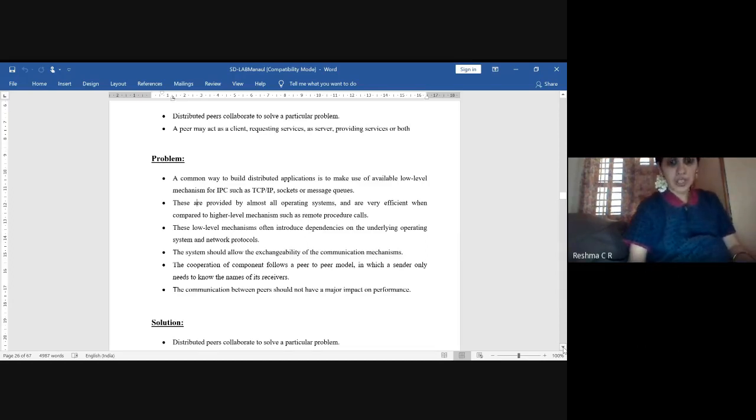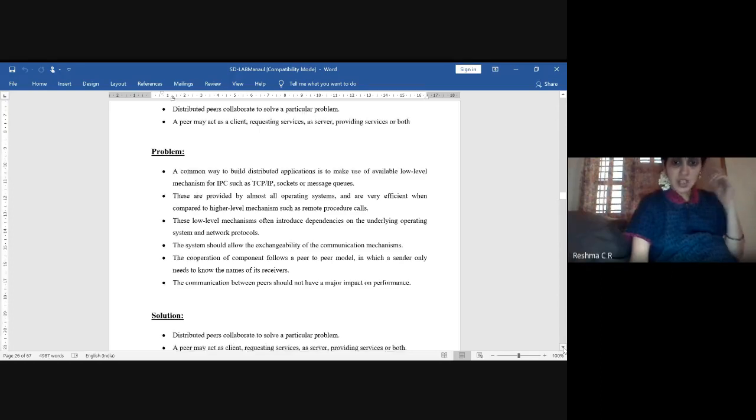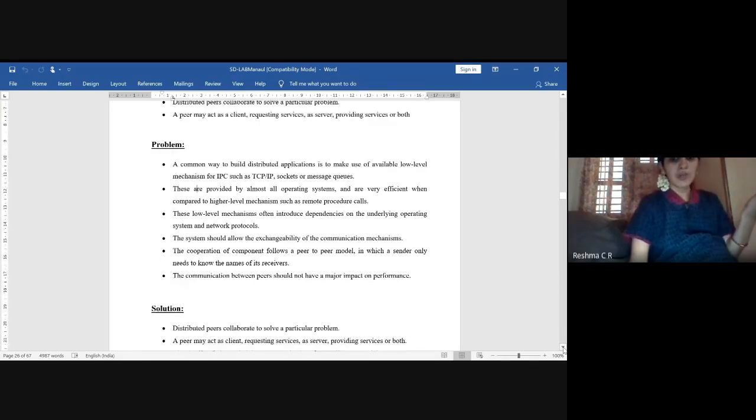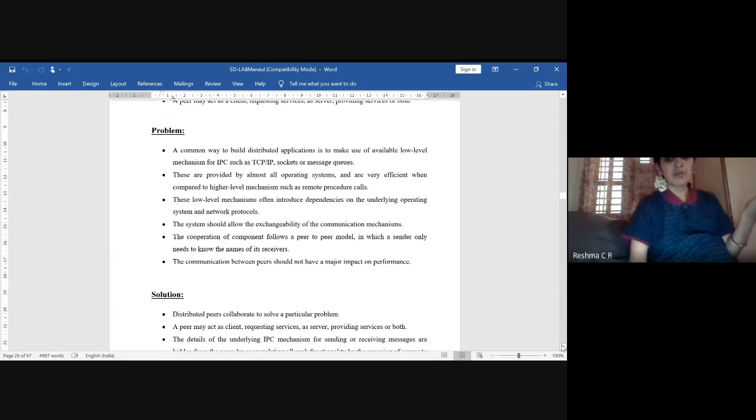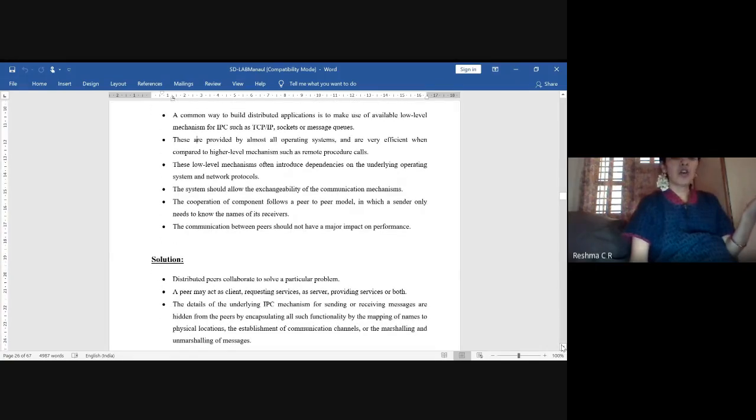So how do we establish a communication? What are the hardware requirements? What are the software requirements? How are these components helping us to have access to a high-level mechanism such as remote procedure calls? That is a particular operation, method, or application which can be stored somewhere else, in a remote place, and the user or client wants to have access to that application.